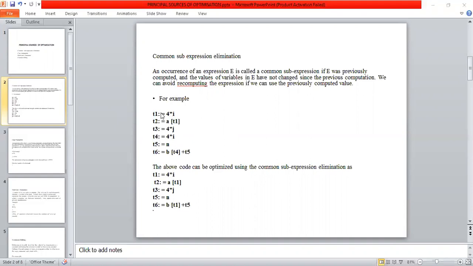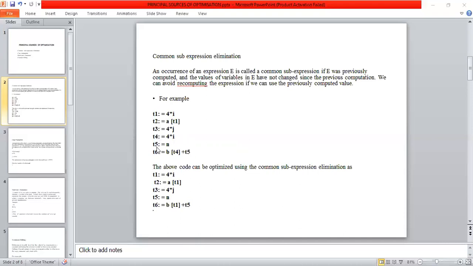After eliminating this, the code is represented as T1 is equal to 4 into I, T2 is equal to A of T1, T3 is equal to 4 into J, and T4 is equal to 4 into I. I already have the same value in T1, so instead of writing T4 again, I can use T1 in this code. Because of that, this statement is eliminated.